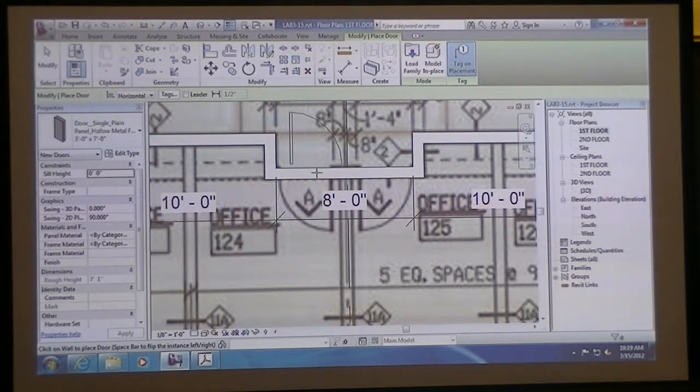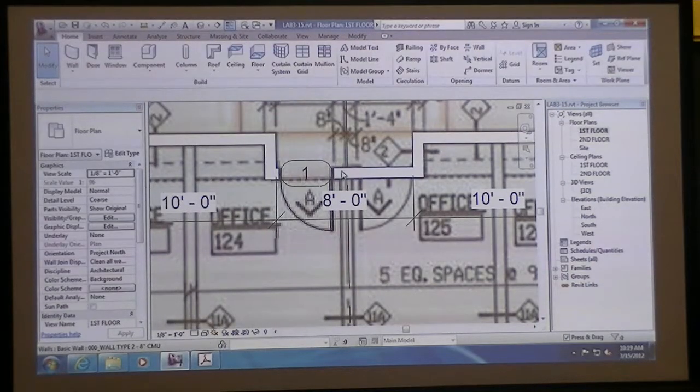I can hover over, and if I move towards the top of the wall, it wants to have the door swing out. If I hover towards the bottom, it wants the door to swing in. I can also hit the space bar, and that will toggle left, right. So I can just left click, and that automatically cuts a door into my wall and also